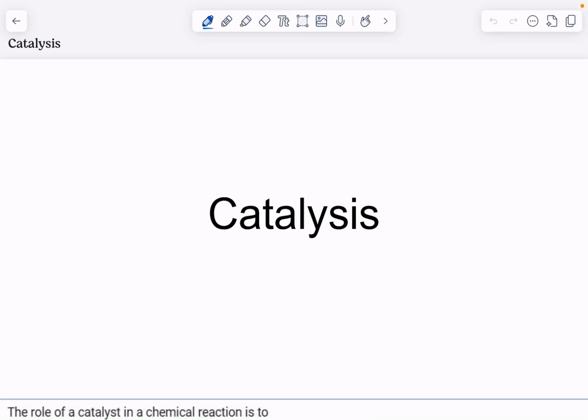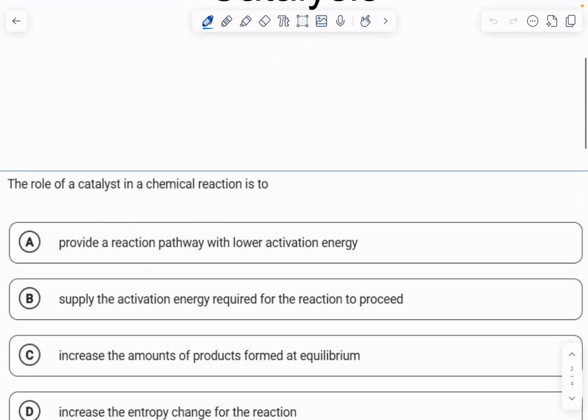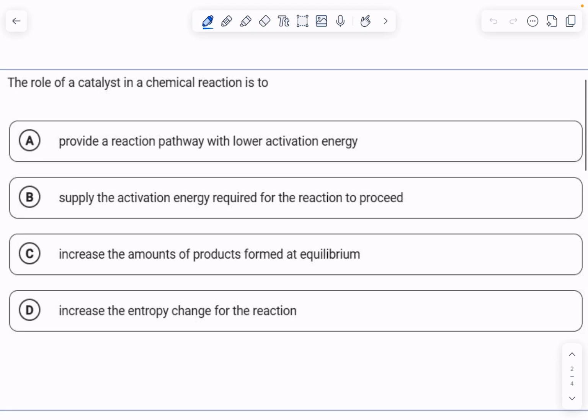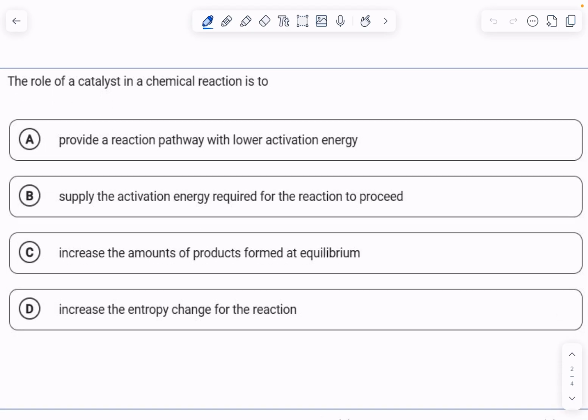All right, guys, in this video, we're going to be looking at two questions about catalysis or catalysts. We got a multiple choice question here and a short answer. The multiple choice question really is just kind of a definition. So here we got the role of a catalyst in a chemical reaction is to